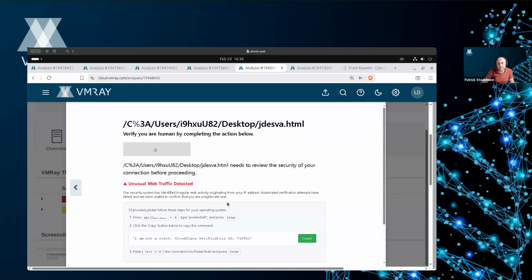But the most interesting thing on that page is that, at least for us, this was one of the first ones that we've looked into where we have seen a difference between operating systems. There is a difference if you open this on a Windows system or if you open that page from a macOS device. For the first time, we have seen that they are trying to distinguish between operating systems and serve different commands and even different instructions, depending on the type of operating system you use. For Windows, they tell you to open PowerShell. For macOS, they tell you to open the Spotlight search and the terminal to paste in a bash command, basically.